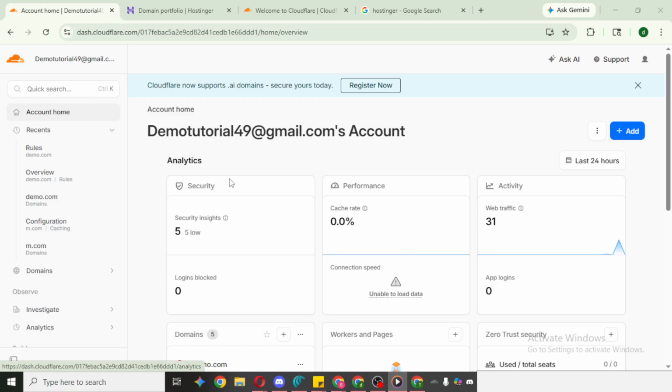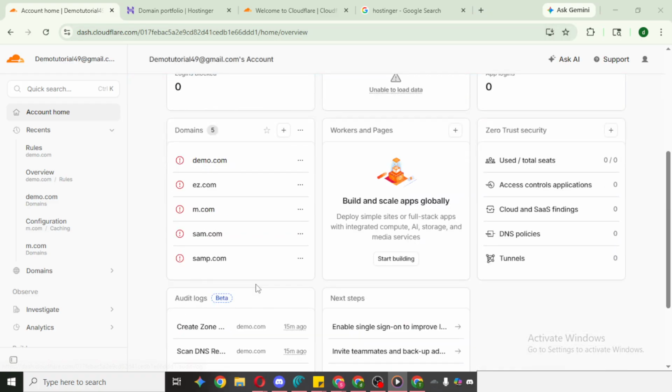First, open your Cloudflare account. Head to the Cloudflare dashboard the same way you normally would. If you manage multiple accounts or have different levels of access, make sure you're in the correct account where the domain is located. This ensures you're working with the right set of zones and won't accidentally touch an unrelated domain. Once your dashboard loads, you'll see the list of domains you manage.